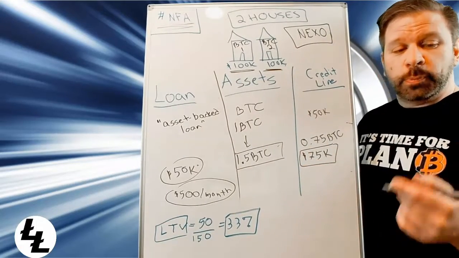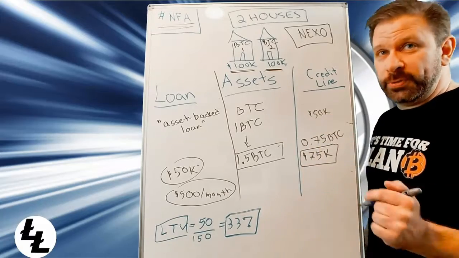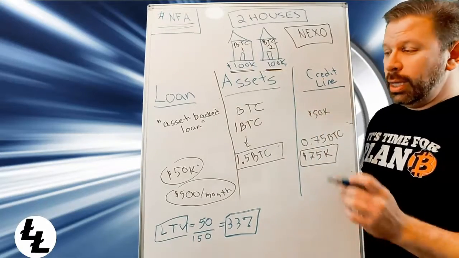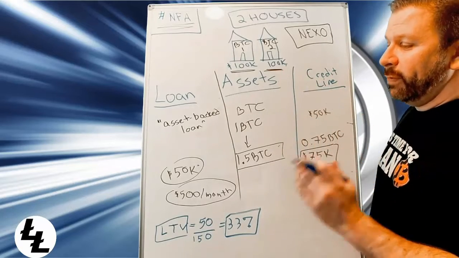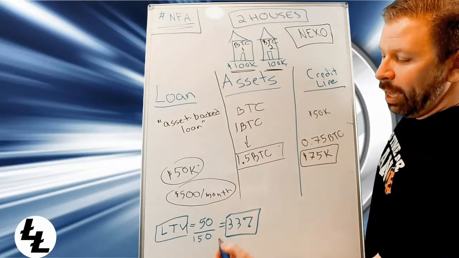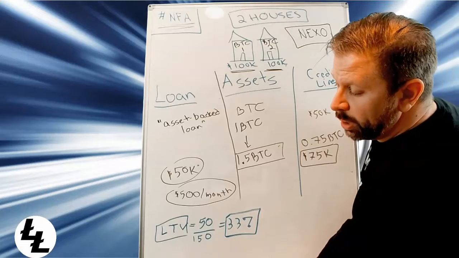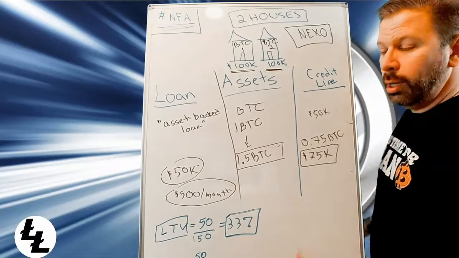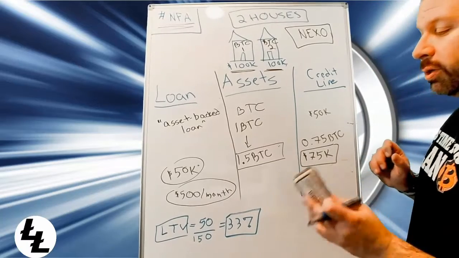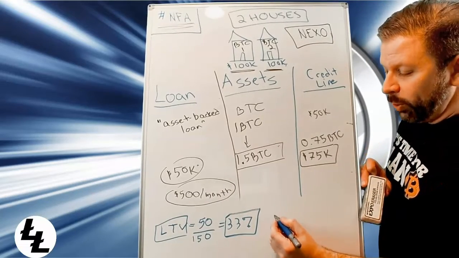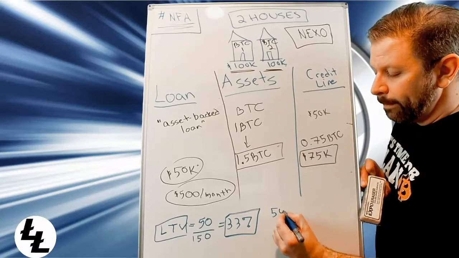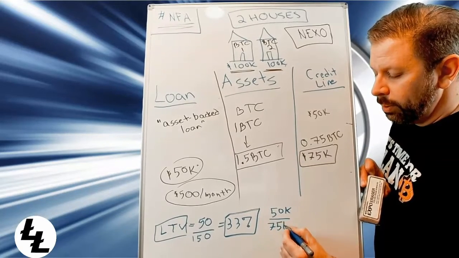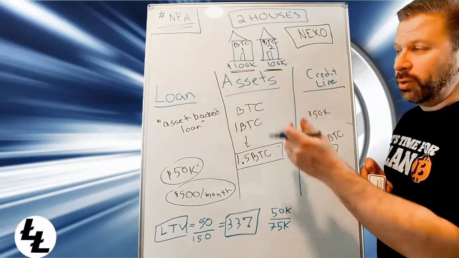Question I often get asked at this point is, what happens if Bitcoin drops suddenly? Well, let's say that Bitcoin goes from worth 100,000 and it drops down to 50,000. Then I will be at 50. If Bitcoin is 50K, then I would drop to 50, same loan. I had the same loan, and that's not eligible anymore. So if Bitcoin is now 50K, that's my loan over 75K because I have 1.5 of the Bitcoins, even though they got cut in value.